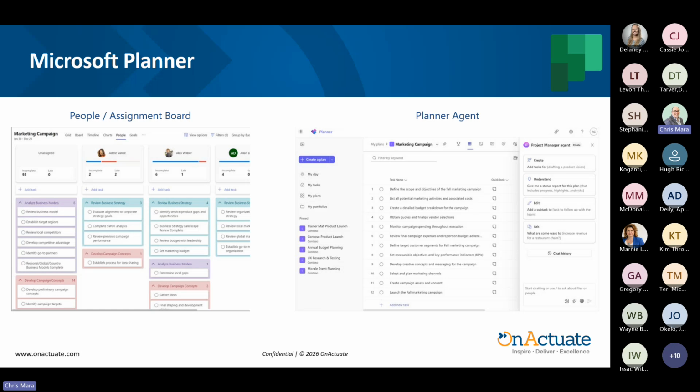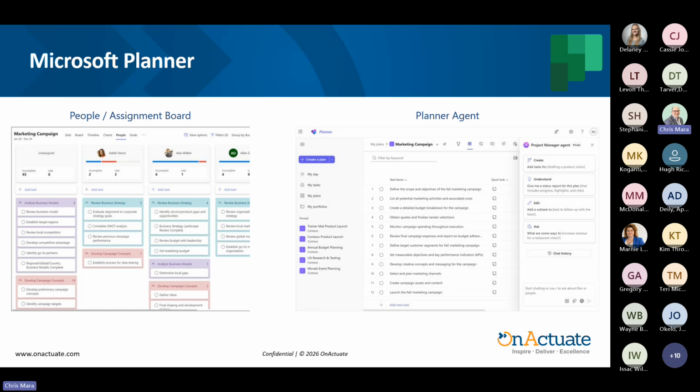The second it provides is task execution with outputs captured in the task. So you can assign tasks to the agent, and it will generate the first draft output. Microsoft describes this as captured in an embedded Loop page within the task, so the team can then collaborate and refine it in context. The third is an agent chat for ongoing management. The chat experience is meant to help you plan, track status, and respond to changes as the project evolves. So instead of hunting through tasks manually, you can ask questions and get guidance in the flow of the work.